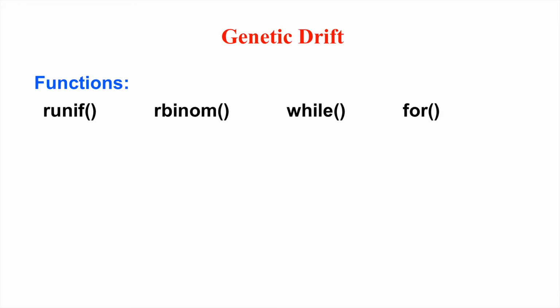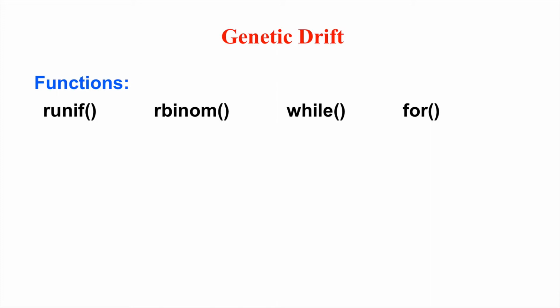Hello! In this RLabs tutorial, we will produce a simulation model of genetic drift in R. We will do so using functions such as runif and rbinom, which we saw in the accompanying stochastic model video. We will also use while loops and for loops. And if you're not familiar with these functions, you can refer to our lesson specifically dedicated to for loops and